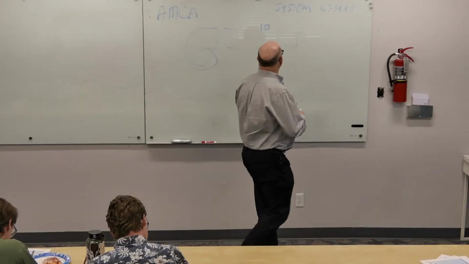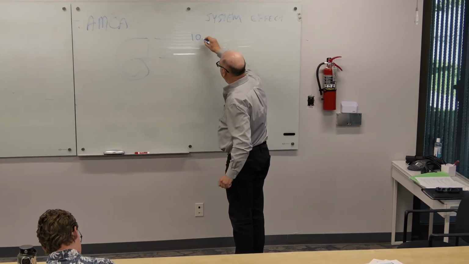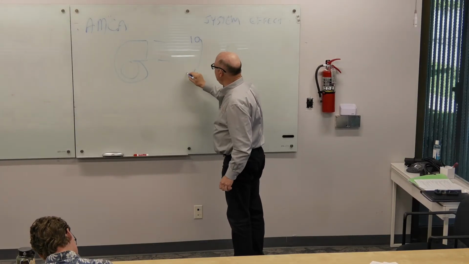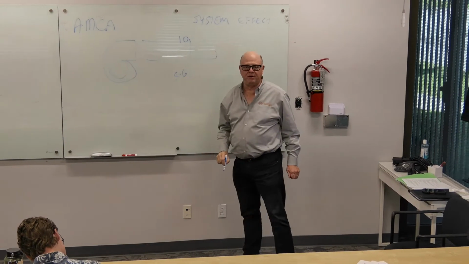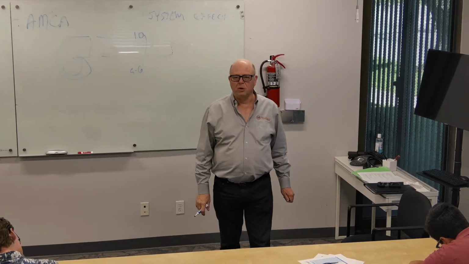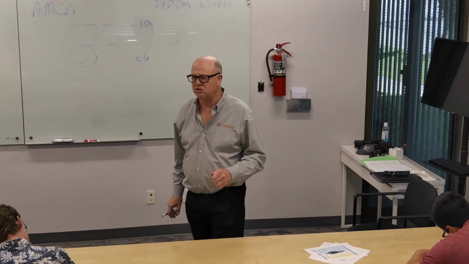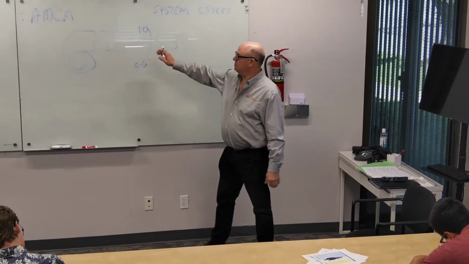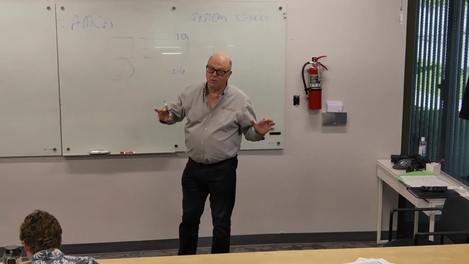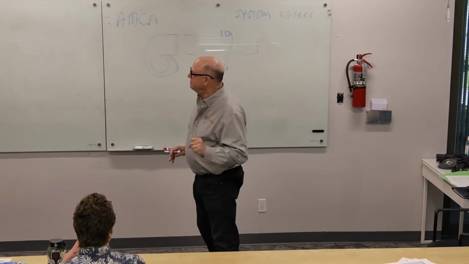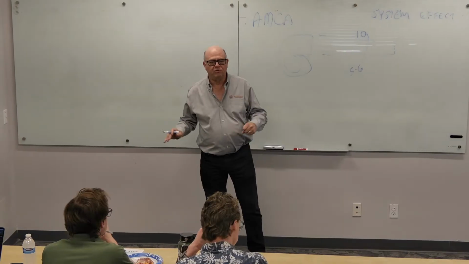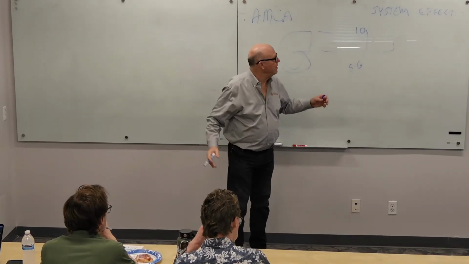Now, I will tell you as a practical matter, if you get 6, maybe even 5 straight duct diameters, most people don't bother with the correction because it's not huge. But there are several reasons why you might have to do it. Let's talk about velocity profiles for a second. You said, what's a velocity profile?